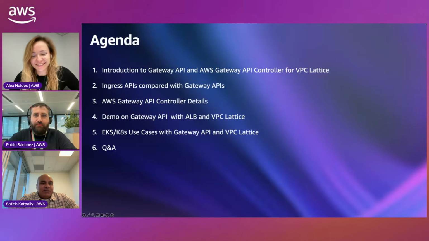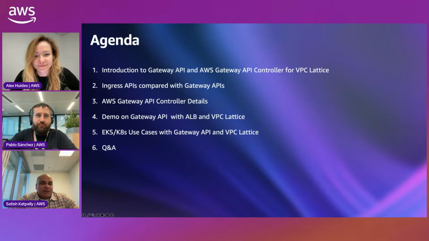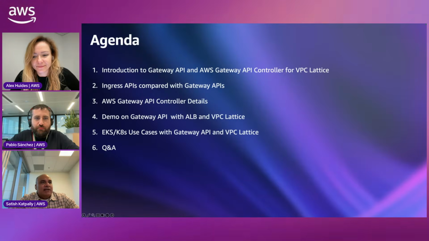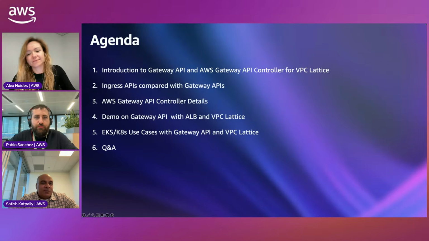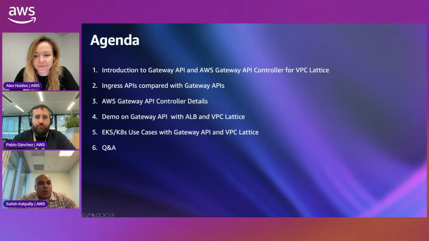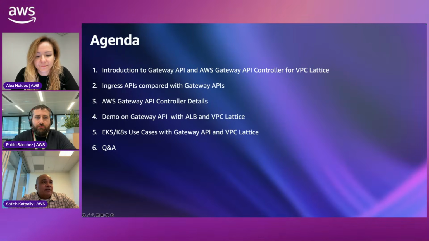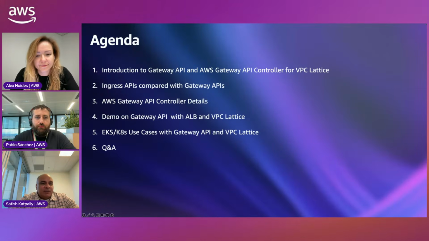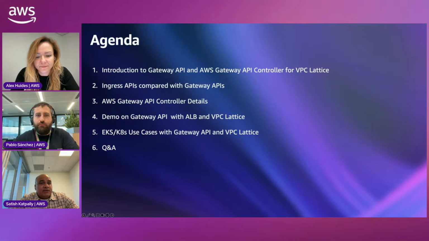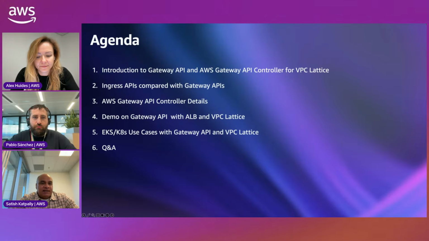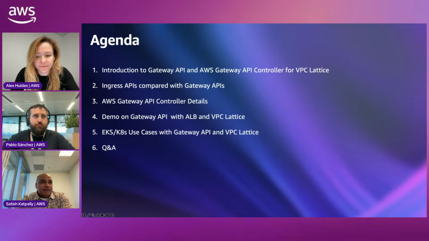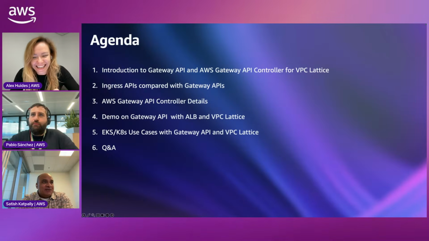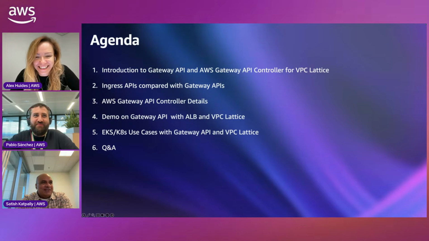Thanks for attending. So today it's about talking about the Gateway API, particularly focused on our ALB and Lattice implementations. But before I go in there, I'm talking about why Gateway API to begin with. What are the reasons for Ingress APIs and so on to move to Gateway API? And then I'll share more details on the Lattice Gateway API controller itself, like what the versions are, what it does, how it is built, etc. And then, no pressure, Pablo, the demo for you to show the real live demo.